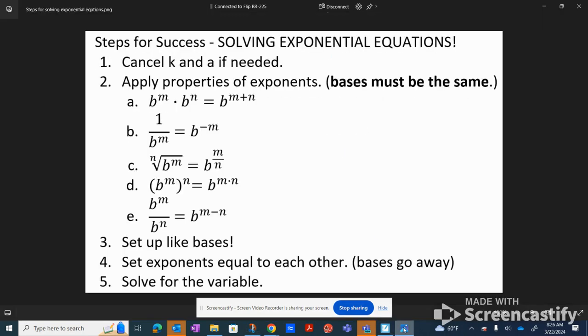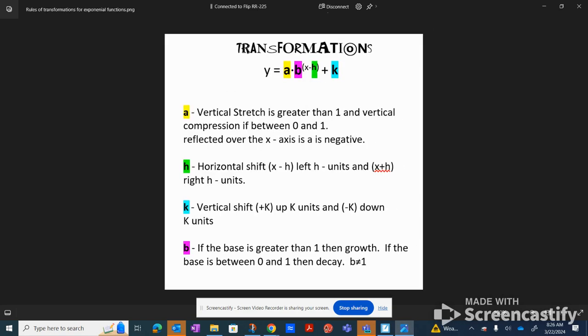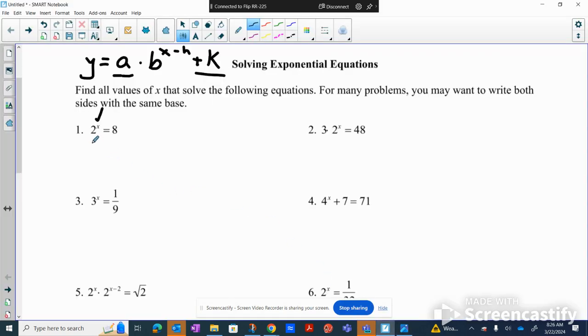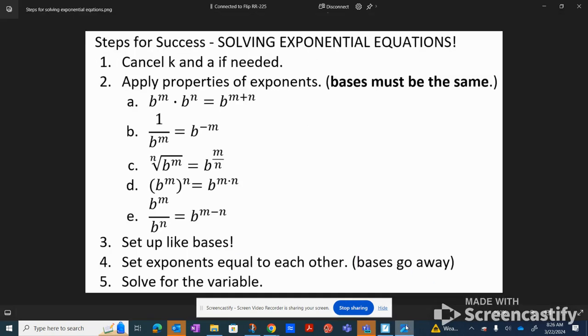Step 2, we're going to be applying properties of exponents. And here are your 1, 2, 3, 4, 5 properties, the main ones that we're going to be using. And we're going to be looking to apply one of these properties if possible. Okay? So looking back at the problem, you'll see that none of those properties exist. And when I say they don't exist or we can't apply any, it's because, as you can see here in